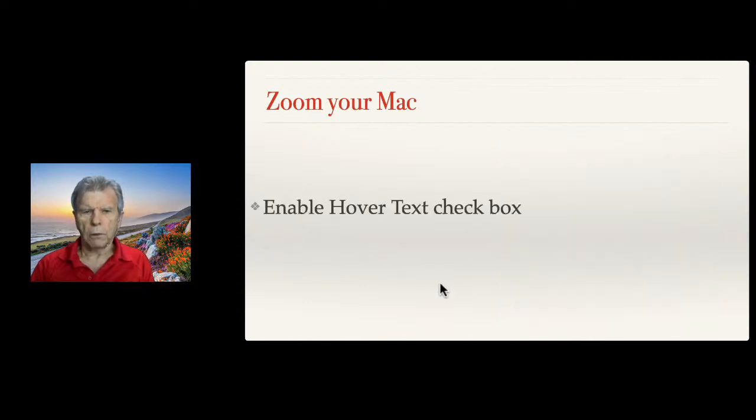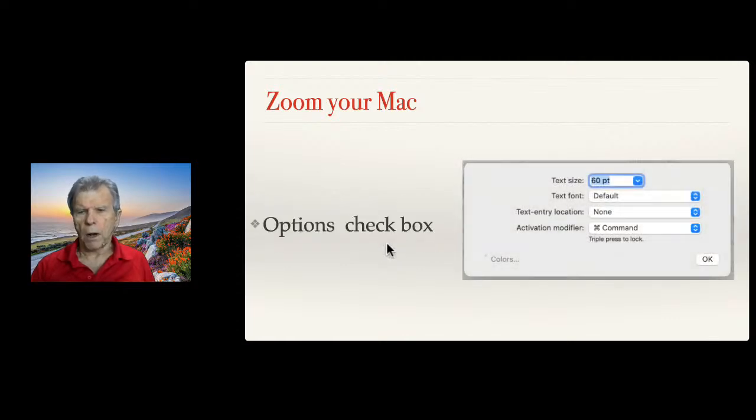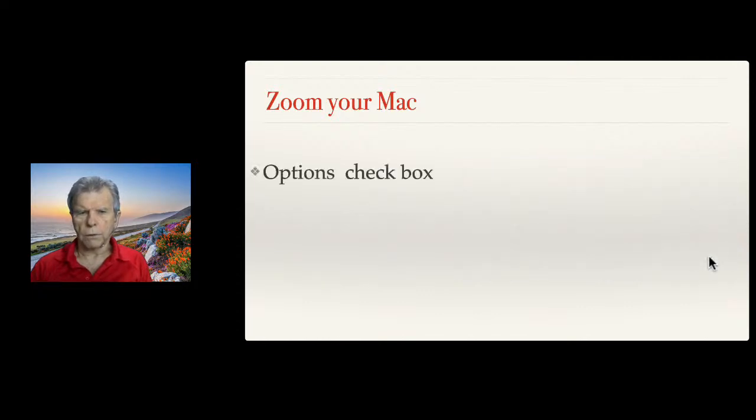So the enable hover text box, you again hit the command key and then make sure the tip of the arrow for your cursor is in the center of the text, and then it will enlarge that. Now you probably won't be messing with this one. I'll just mention it in passing here. This is the options checkbox where you can adjust text size, text font, text entry location, and activation modifier. And then you also have colors. So when you go to the colors,